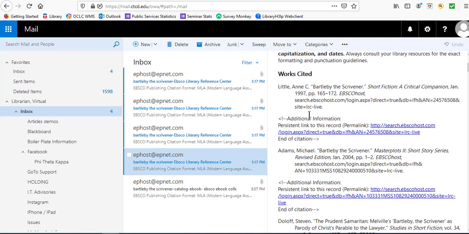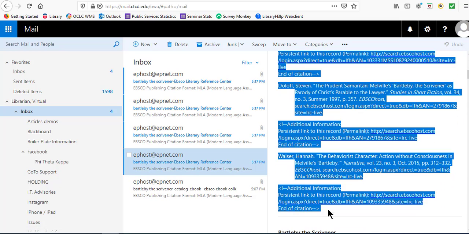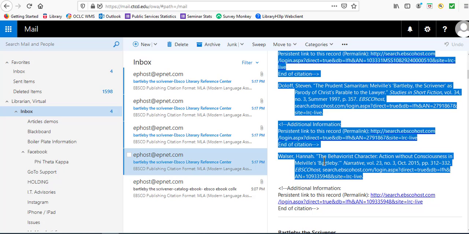So if I return to the top, what I can then do is click on the works cited and then paste all of this information directly into my